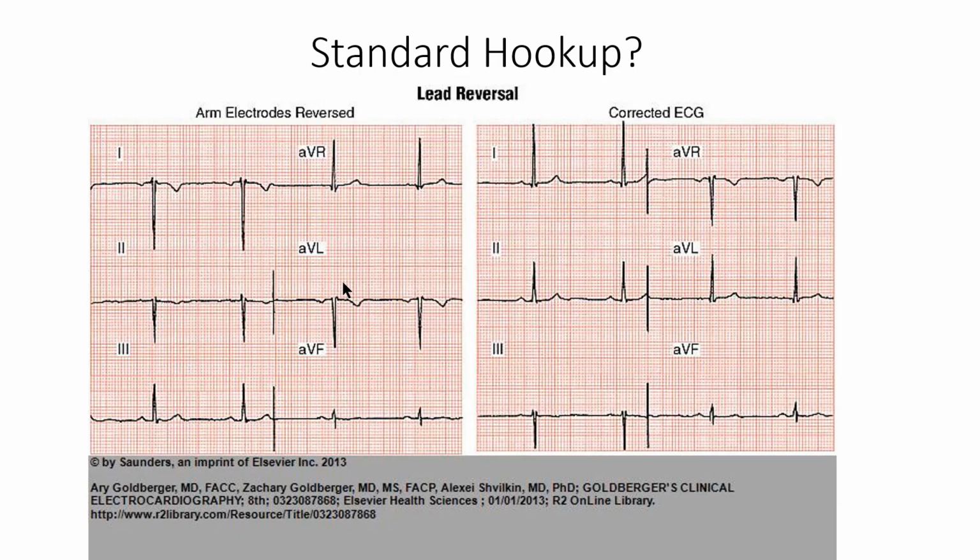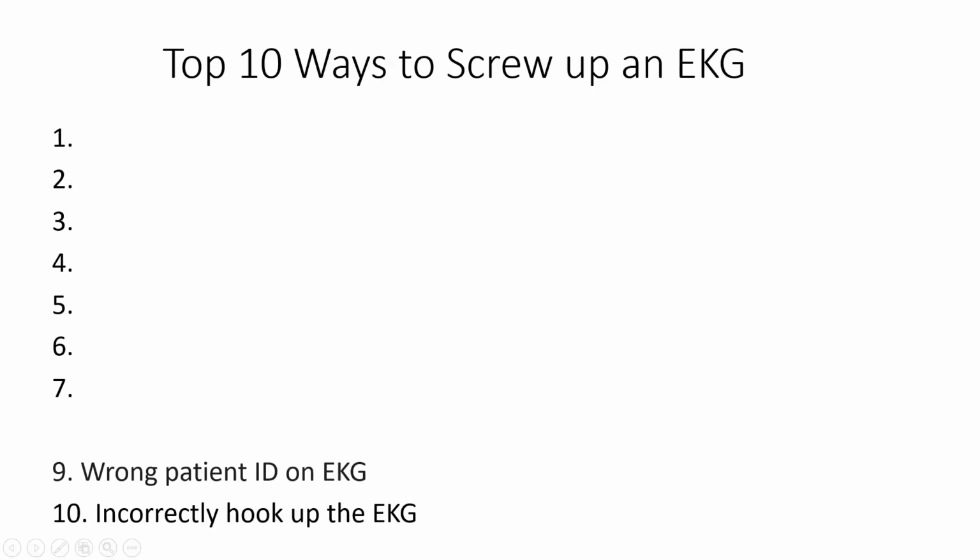So just to drive the point home, on the left you can see that in leads 1 and AVR, their amplitude or deflection has been reversed as a result of putting the electrodes on wrong, and then after corrected they go right back to normal. You know, it's interesting, but sometimes a computer, if you hook up the EKG wrong, will produce an interpretation like ectopic atrial arrhythmia or something like that, and it's simply because you've got the leads hooked up the wrong way. Next up is number 9, which is the wrong patient ID or no patient ID on an EKG,